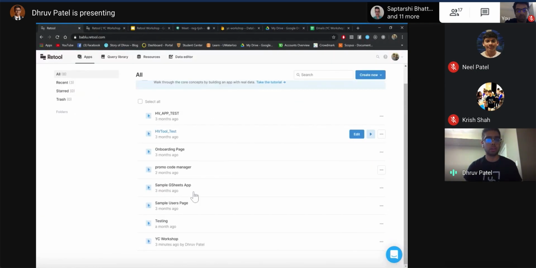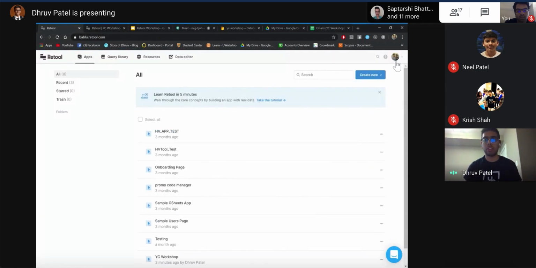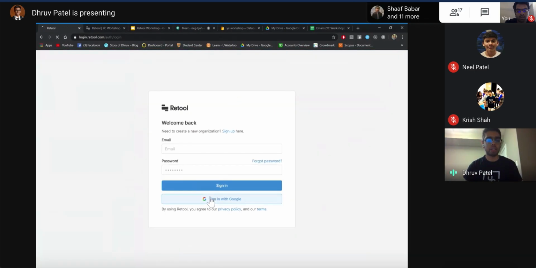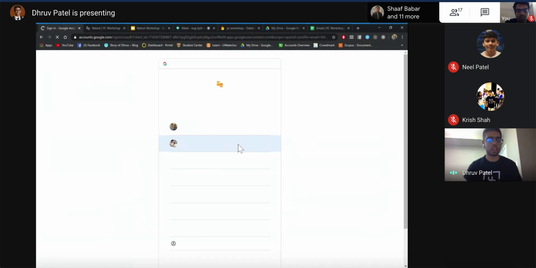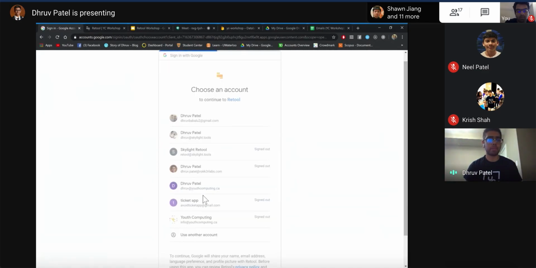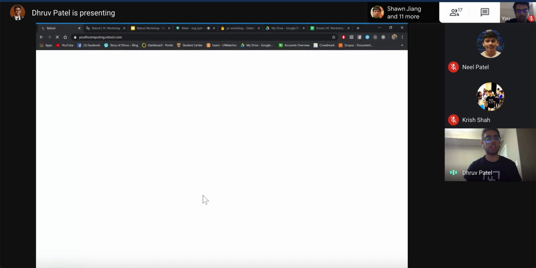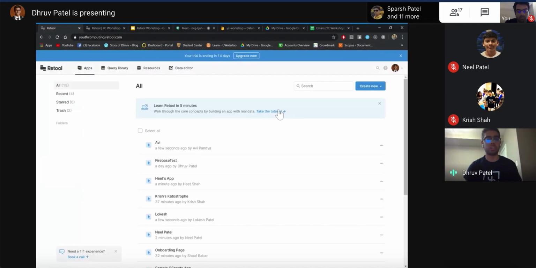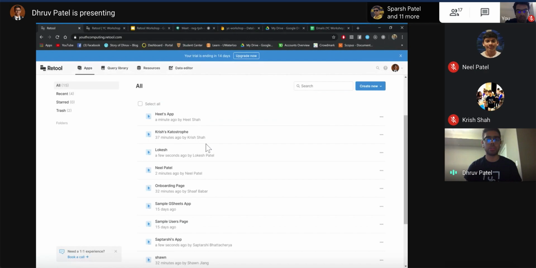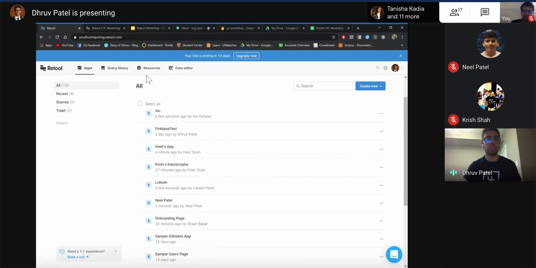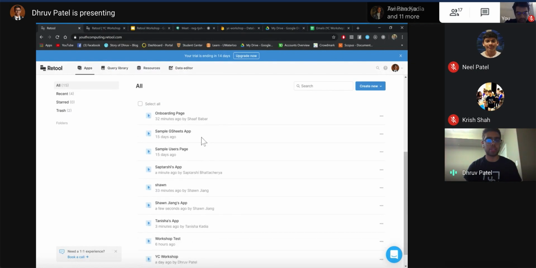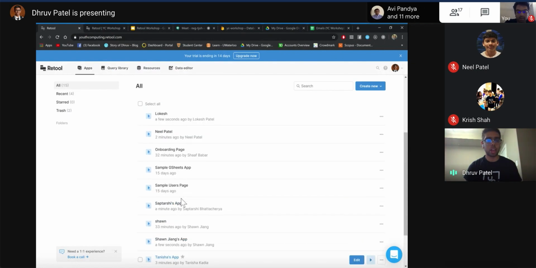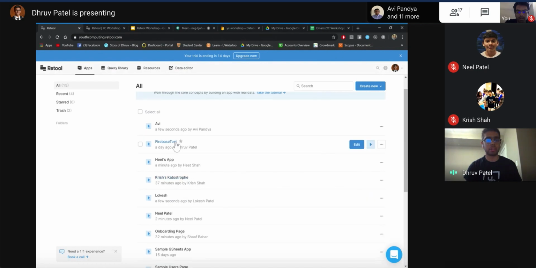So if I have, I have a very, not even an app, just a connected version to Firebase. But the way it'll work is it's the exact same thing. You go to your data, your resources, you create a new data source, and you can add Firebase as well. So I have one called Firebase test. If I go into here,